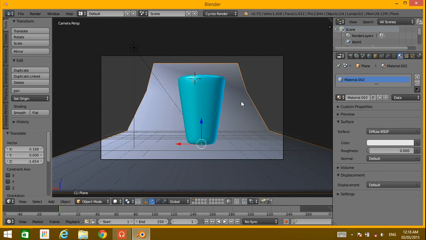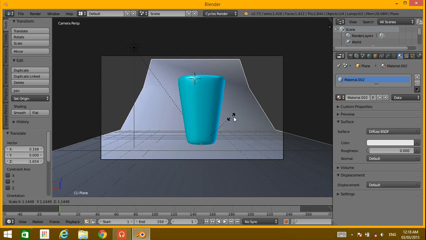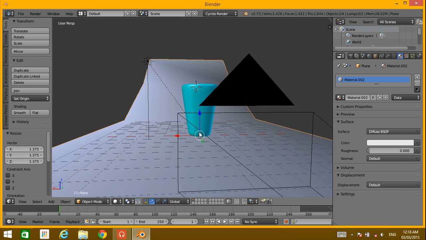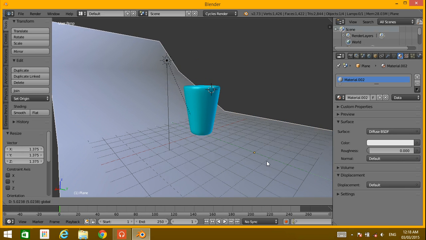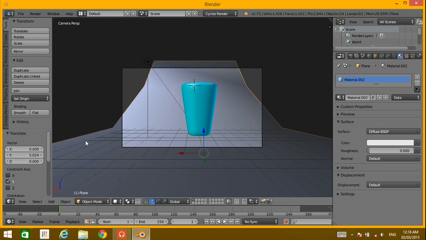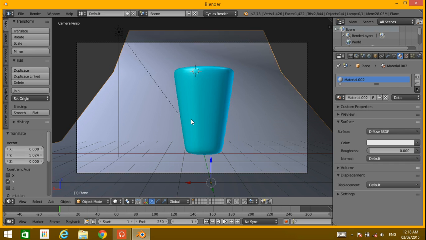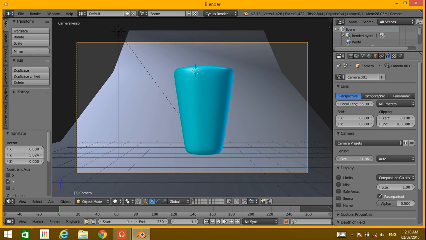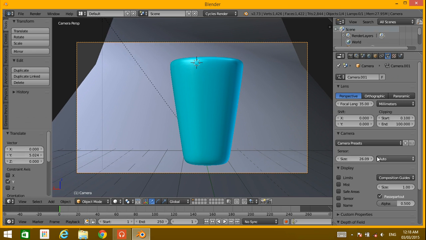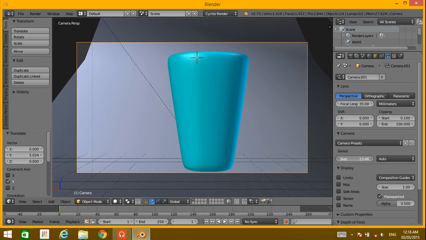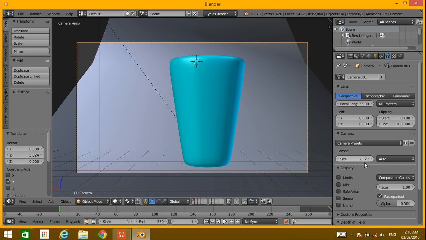And again select the surface, maximize it a little bit, and yes, go to camera, and select the camera, and make the size a little bit high, not too high. Yes, that's nice.